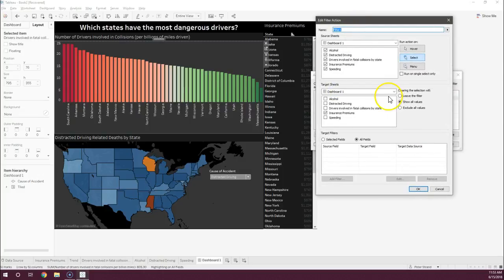I didn't really give it a name. You can give yours a name, especially if you have multiple filters, but you have source sheets, target sheets, and run action on. That's the only thing we really want to focus on. By default, for some reason, it hits menu. We're not going to do that. We're going to hit select. So basically this is saying that by selecting or clicking with your mouse a specific value on any of these sheets, so if you select on this sheet, this sheet, this sheet right here,